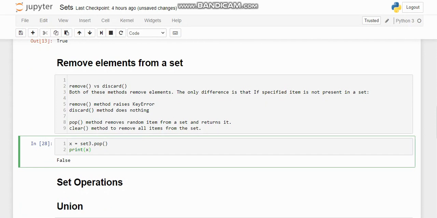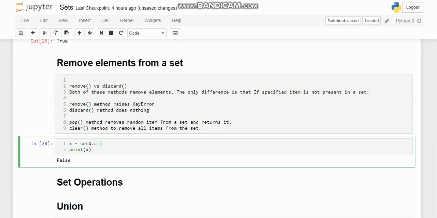Now moving on to the clear method. So what does this clear method do? The clear method is used to remove all items from the set. Suppose I want to remove all items from this set 4.